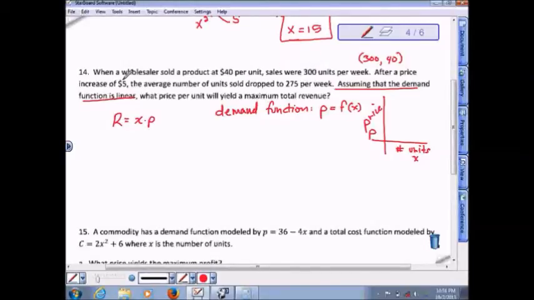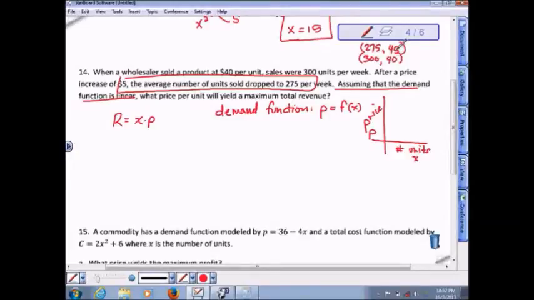If we try to form this statement into an ordered pair, the price went up $5, that's a price of $45, and they only sold 275 units, so that's 275 comma 45. Now, the slope between these 2 points is the change in y, which is,